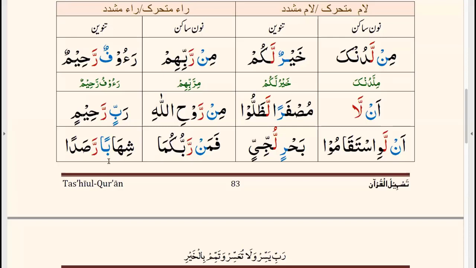The noon sakin? Noon sakin looks like this. Tanween. Tanween, well done. So noon sakin is a noon which carries this sign, which is a sukoon sign. And tanween is always 2 fathahs, 2 kasras, or 2 zammas. With the tanween, we will just be reading the 1,